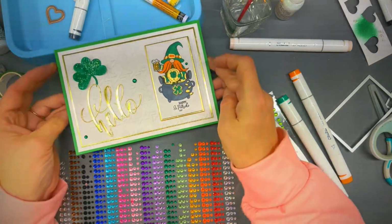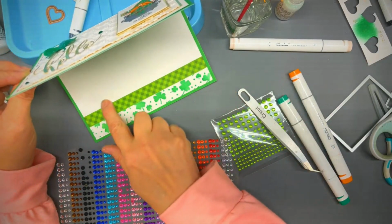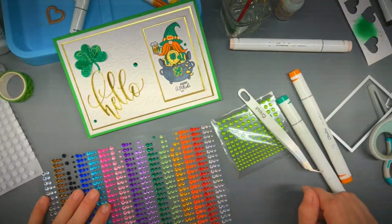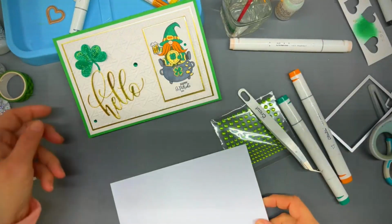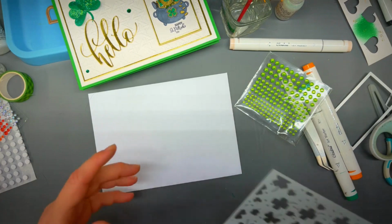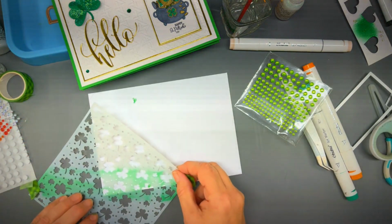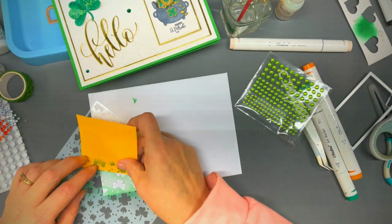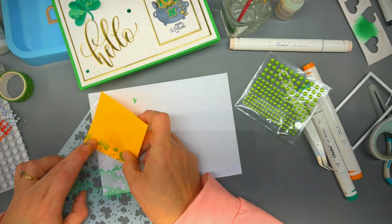And Post-it note, yep, I used the Post-it note to cover up the washi tape on the edge of this while I stenciled that. You know, and I think I'm going to do a little bit of stenciling on the envelope while I'm here and I have it. And in fact, the stencil's already dirty, so okay. And we'll use the Post-it notes again. I'm just going to put a little bit down here in the corner. And I'm going to cover up where I don't want to have